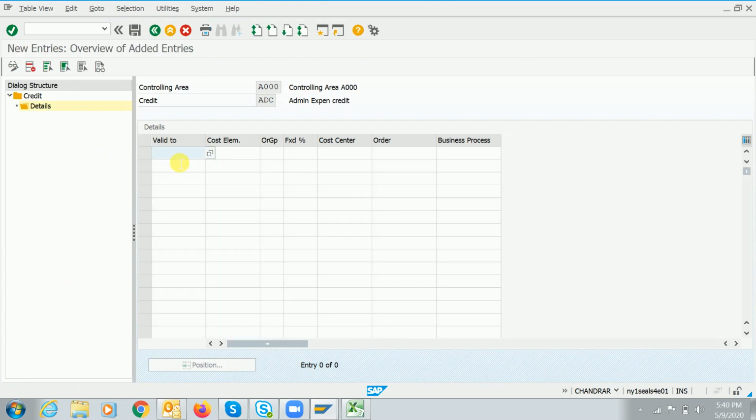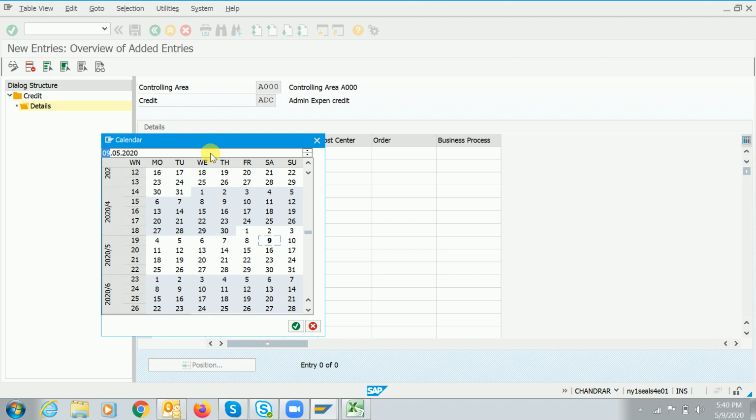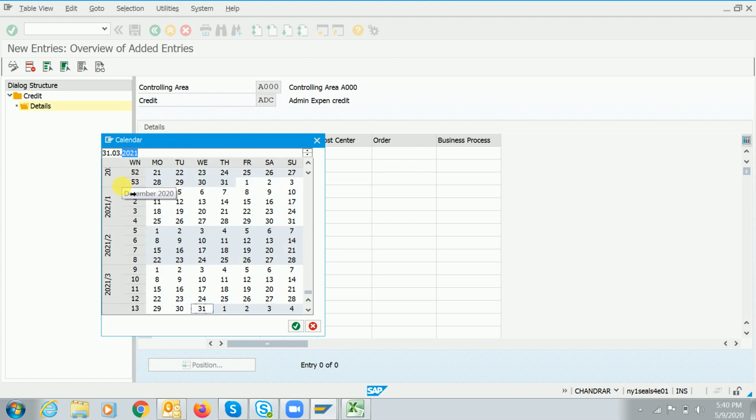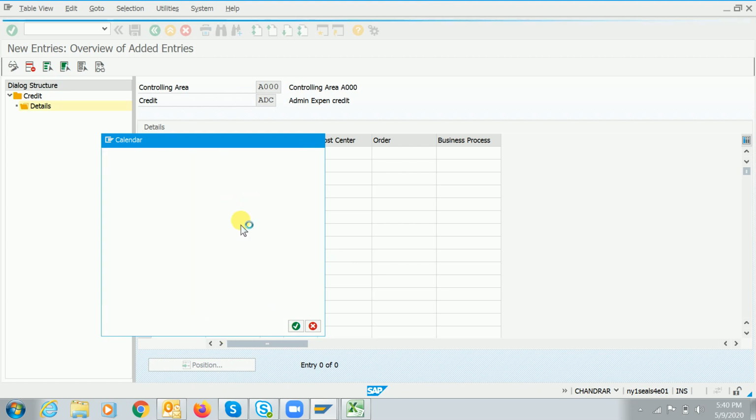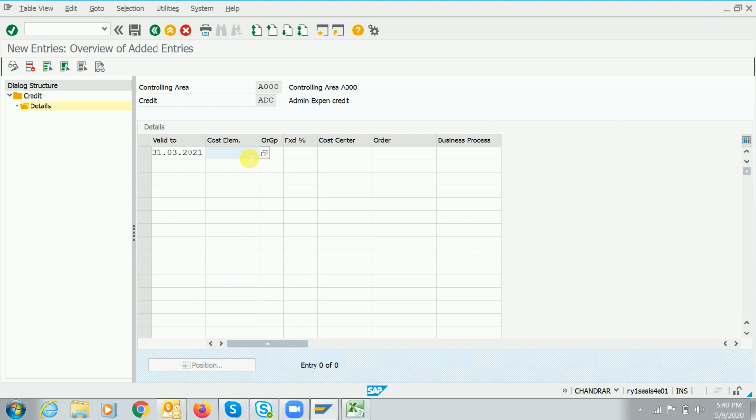And validity till 31st March 2021. Okay, this credit's cost element. What type of cost elements do I have to enter here?